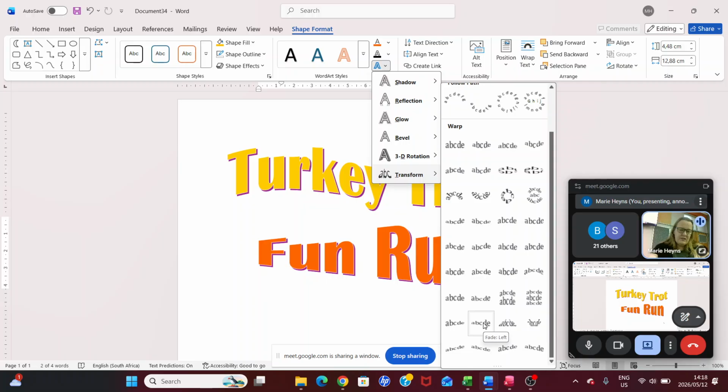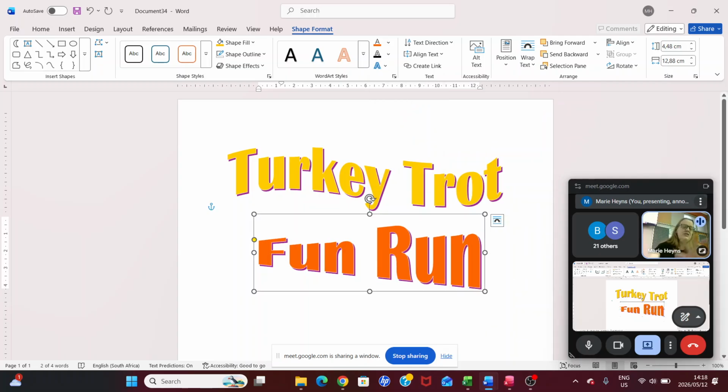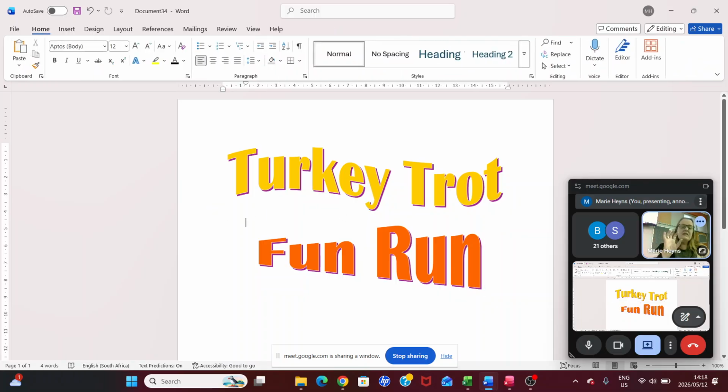Let's not spend too much time. Okay, it looks like it could actually be this one. I'm going to choose that one. It doesn't matter, it's just classwork, but it's more or less that one. Okay, so I've now used two different WordArts. For the class who had class yesterday, I just used one.